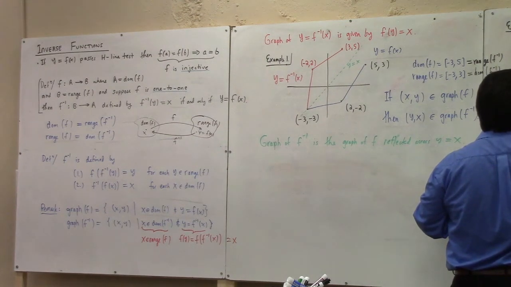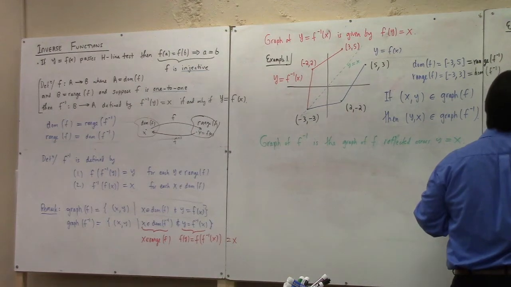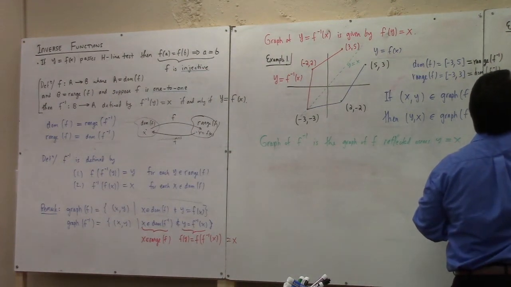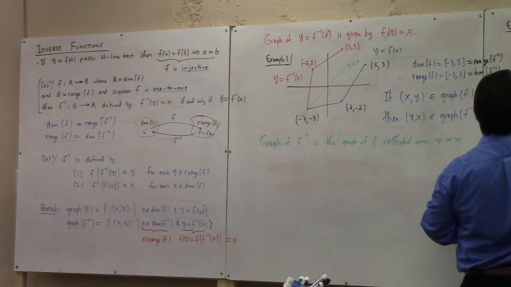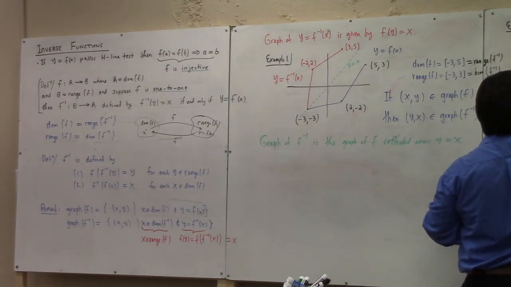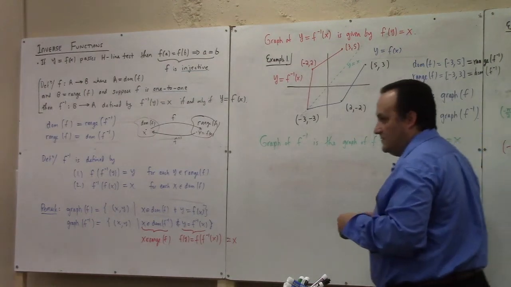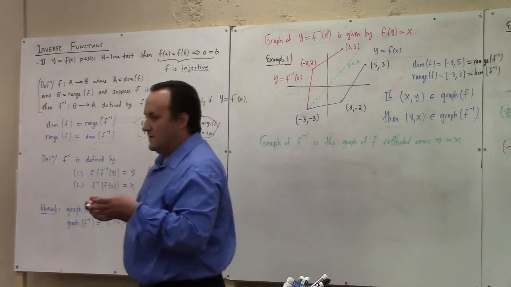I'm trying to remember if it crosses or not. I don't think it does, something like this. It's hard for me to tell because my axis isn't quite to scale, but it's basically something like that. If I was graphing it, if I was doing a really good job, you'd be able